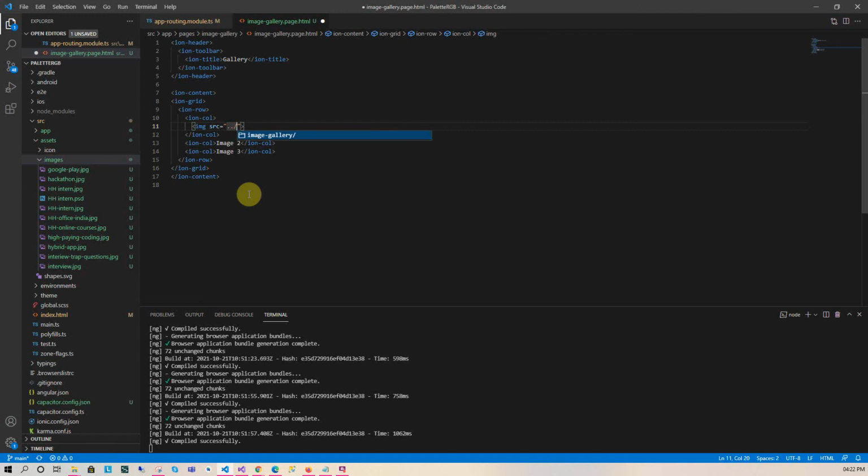Okay, we need to get out from this folder. So dot slash, again dot slash. Now we are outside of the app folder. So go inside the assets, inside images, and there are lots of images. Just select this one for image 1, another image for image 2. Just break the line